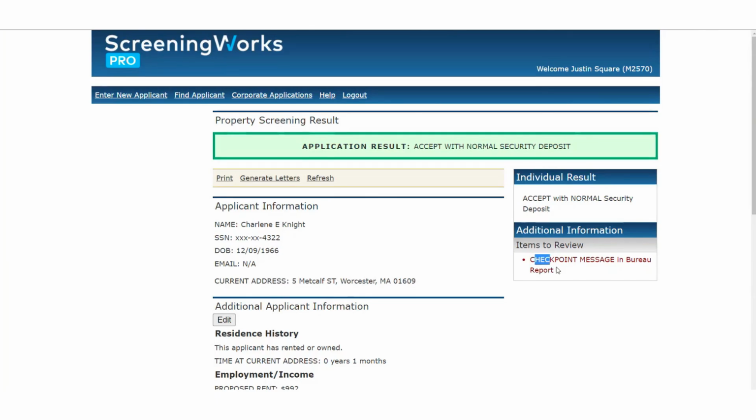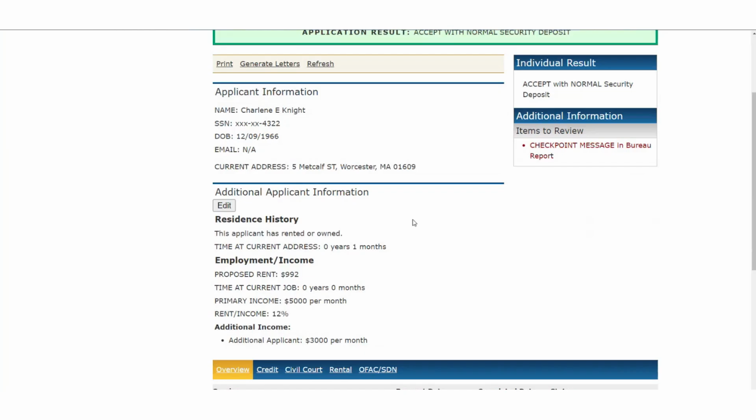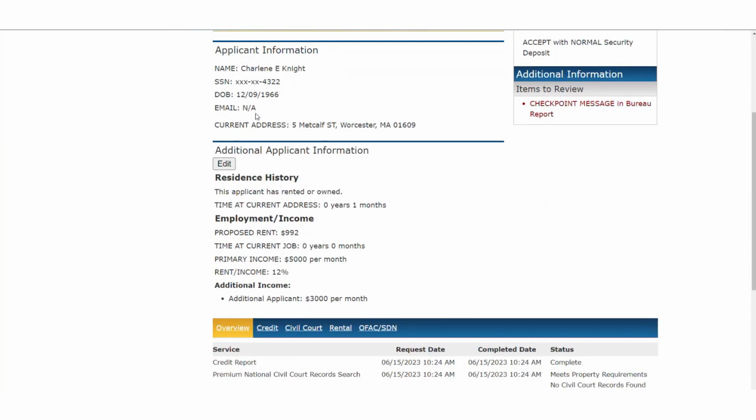Also along this side, we have items to review. Items to review do not necessarily factor into the overall screening result, but they are things that you want to be cognizant of. In this case, we have checkpoint messages in the credit report, so we definitely want to take a look at those. As we scroll down, we see Charlene's information in the middle, applicant information at the top,